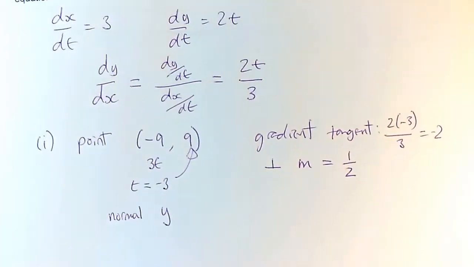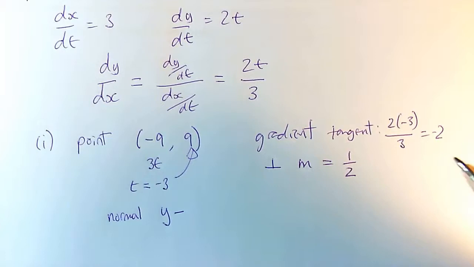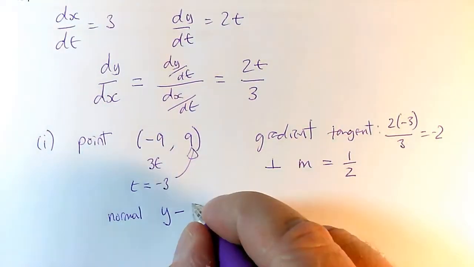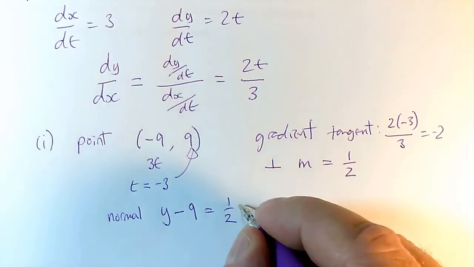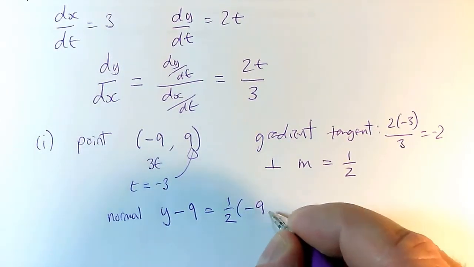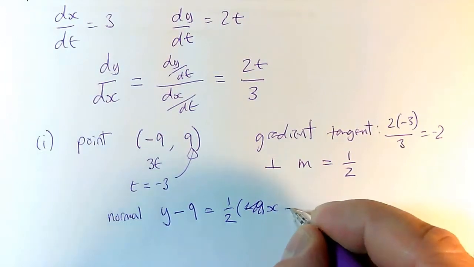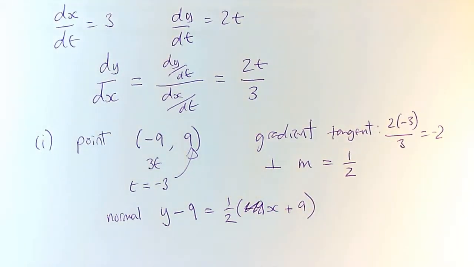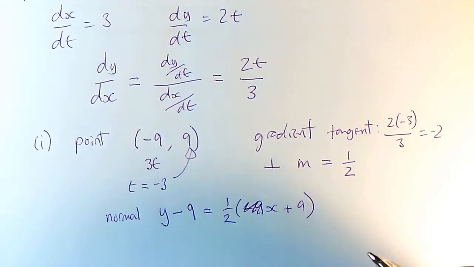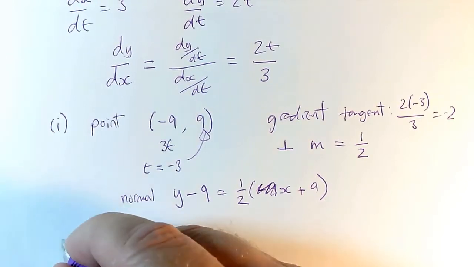So my normal has equation y minus y1, so that's y minus 9 equals m, which is a half for the normal, times x minus x1, which is x plus 9. Get it the right way around. So that's my normal equation. I could simplify this if I wanted to, but I'm going to plow on and do part 2,